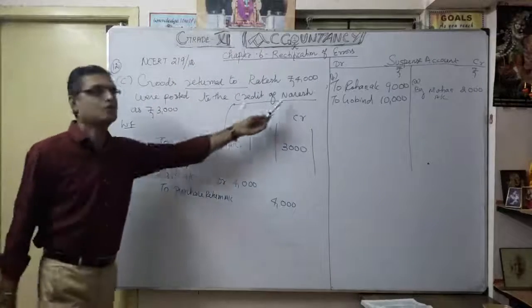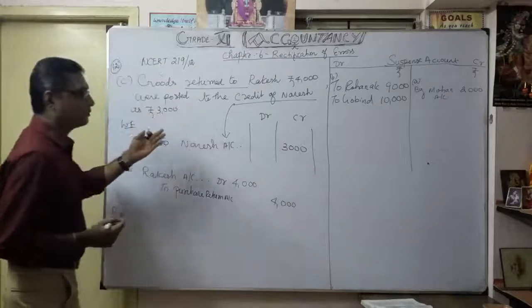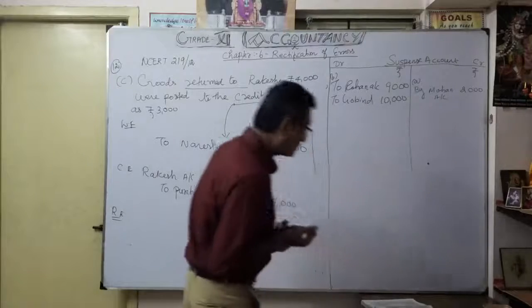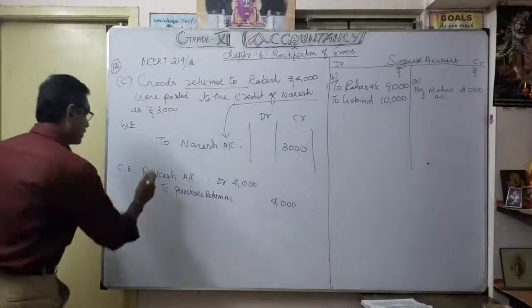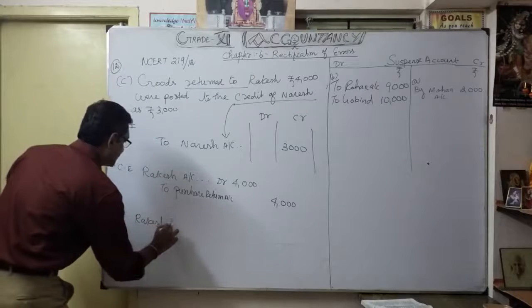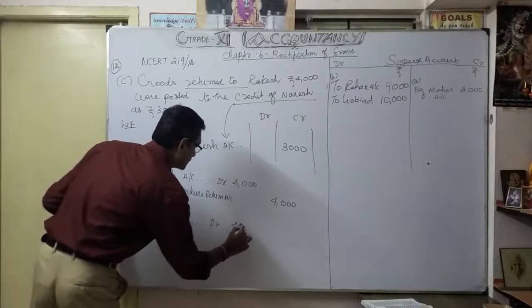Credit to the person also wrong. So what's the rectification entry? So now I am going to remove that. The amount also wrong. Okay. So what is the amount they are going to mention? Okay. First they do what? First Rakesh account. Correct. Rakesh account. That's what I was supposed to debit. Rakesh account. How much? 4,000.